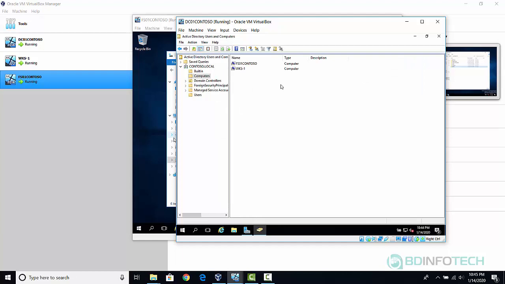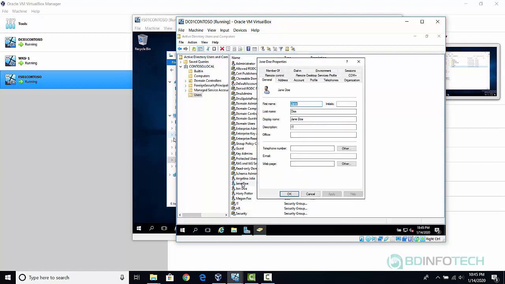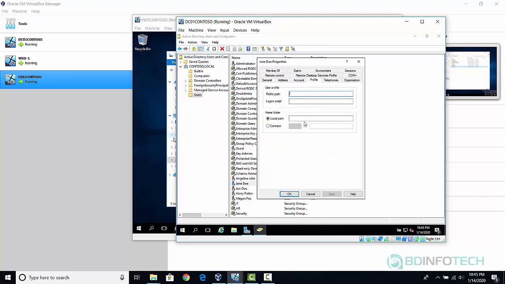Now we are in the domain controller. Let's pick up a user. We'll pick up a user, Jane Doe. So let's double click onto the user, and we are going to configure the home folder now. We'll click on the Profile tab, and this is the home folder module. So we'll click connect, and we'll choose H drive, and then we'll enter that network location, which is